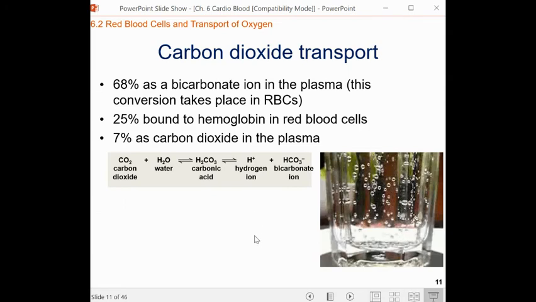The other thing that we have to transport in the bloodstream is carbon dioxide. That's a byproduct of cellular respiration. 68% of it is stored as bicarbonate. It just dissolves into the bloodstream. 25% of it will go into the red blood cells, and 7% of it is just basically carbon dioxide in